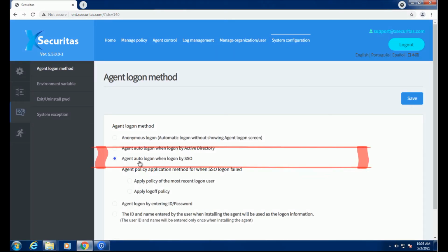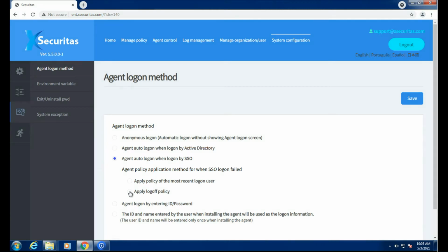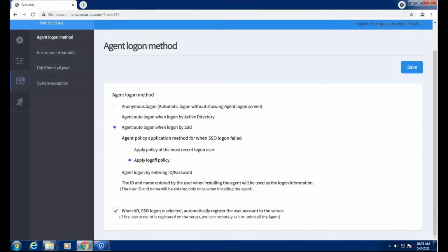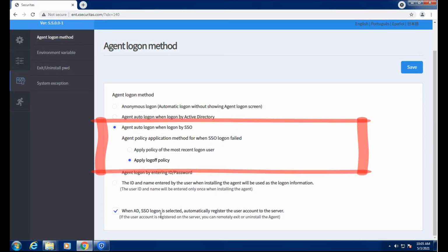Second, I will explain the SSO logon method. There are additional options when selecting the SSO logon method. In other words, when SSO logs off, whether to apply the policy with the most recent SSO information or whether to apply the log-off policy.